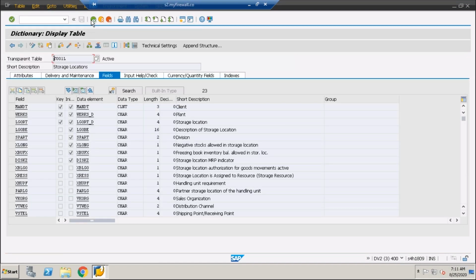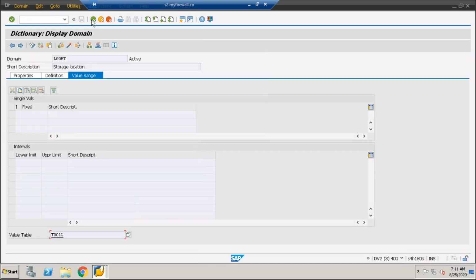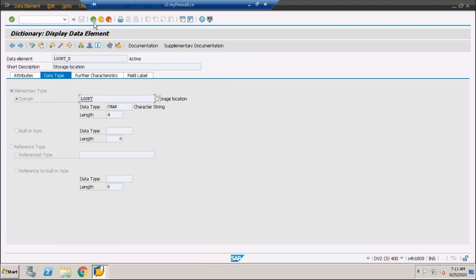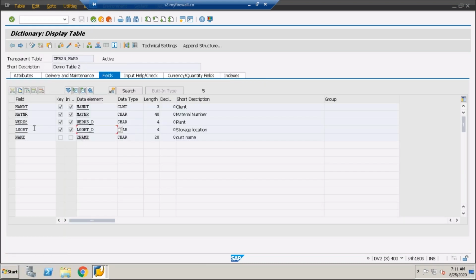We are going to put the foreign key relationship which we have just given it, for this LGORT. Click on this foreign key, and this is the table T001L, and in the T001L we are having two key fields over there, right? In the T001L, it's taking some time. I have just clicked on this